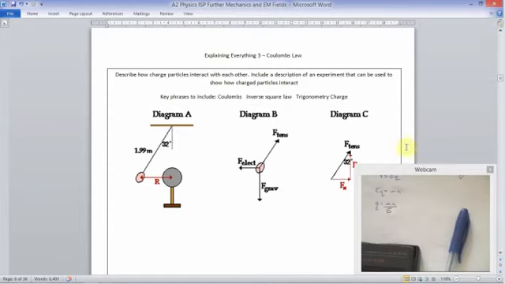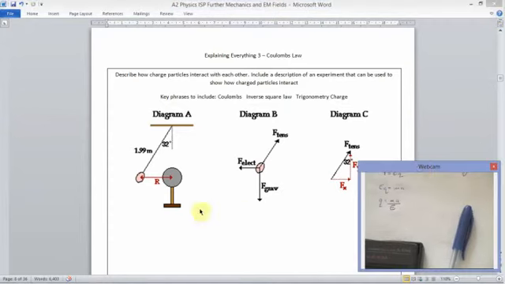So here's the main experiment that can be used to show how charged particles interact. So if these two are charged, okay, there's a distance between them of r. They interact with each other. So this is capital R, we use a small r. So therefore there's forces acting on this charged particle over here. Okay, so there's going to be a gravitational force or weight pulling it down. There's the electrostatic repulsion because these are the same charges pushing it across, and there's tension in the string pulling